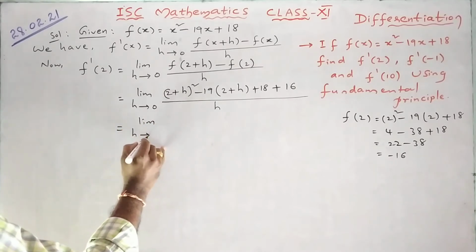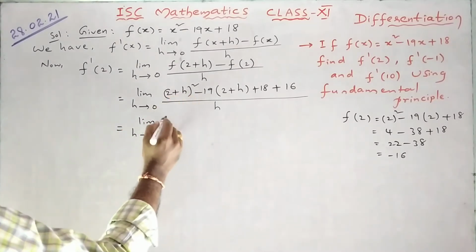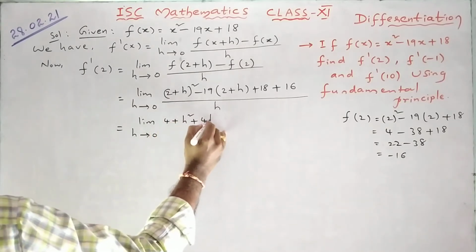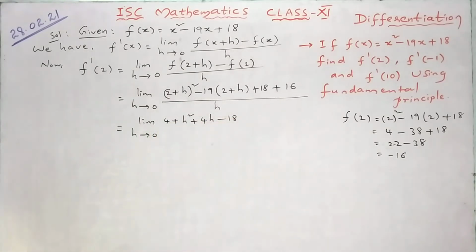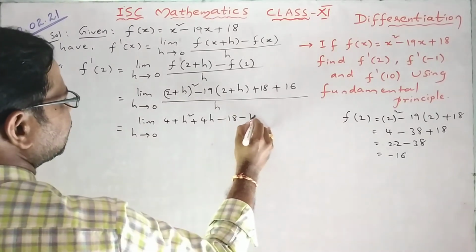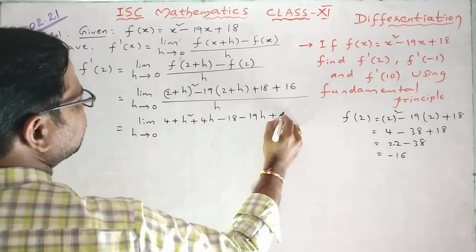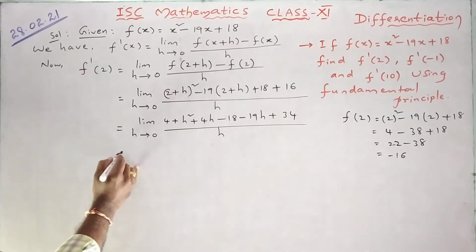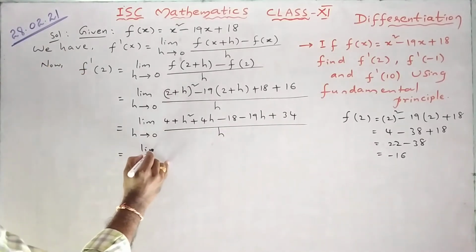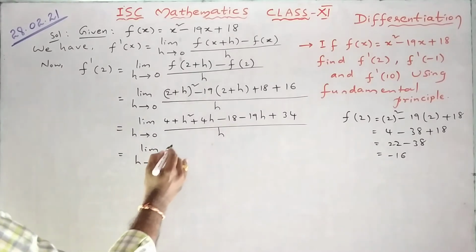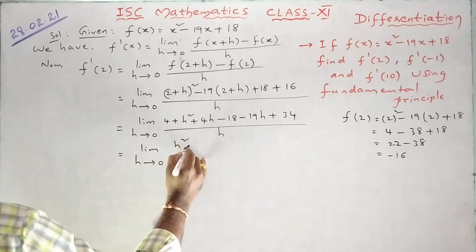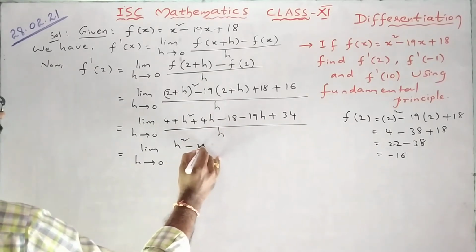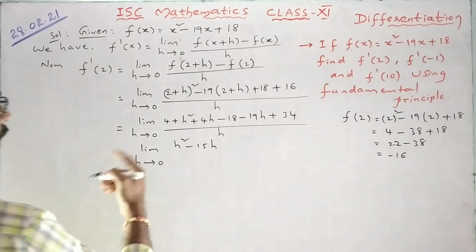Limit h tending to 0, in a plus b whole square I am taking a square plus b square plus 4h, minus 18 minus 19h plus 34 upon h. So limit h tending to 0, h square minus 19h plus 4h minus 15h, constant terms